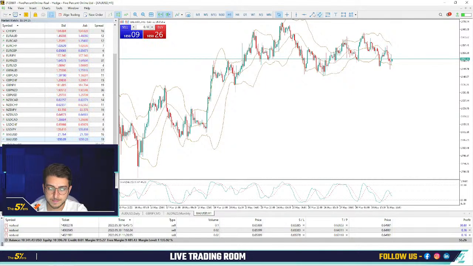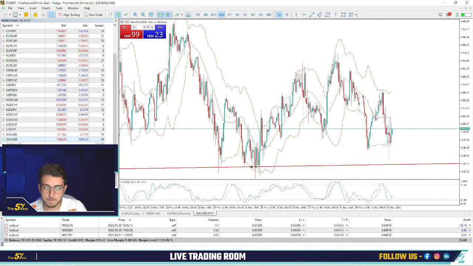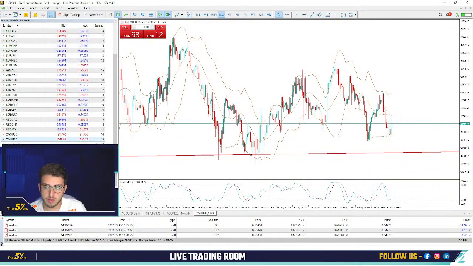About gold, yeah, gold is actually bouncing on a support. This is a heavy support here at the 1,845 zone. Yeah, the price is struggling a bit to make a higher high here. You see, we have the first top here, second top here. The trend is... let me remove.